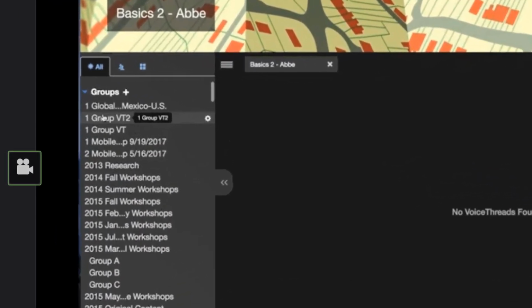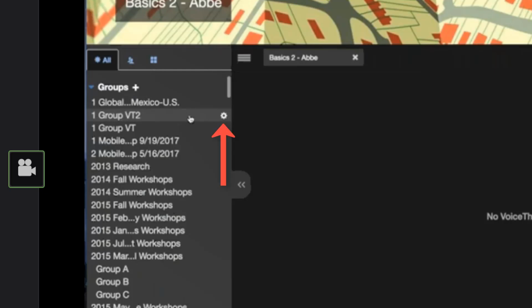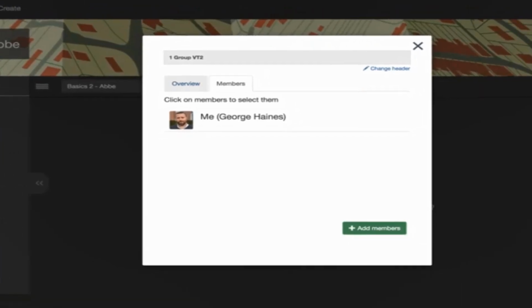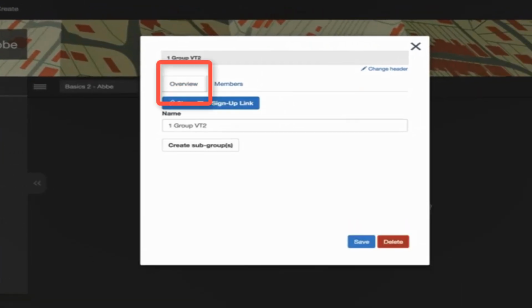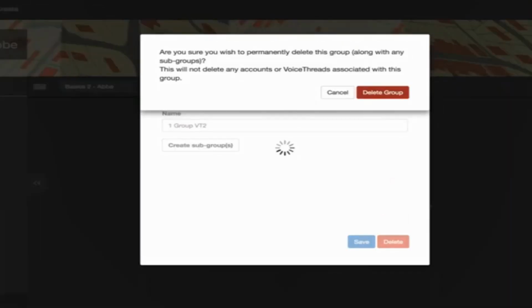So I'm going to go up to this group. Let's say I want to delete this one. I click on the gear icon, and when I go to Overview, you'll see that red delete button in the lower right corner. All right, so I can delete that group